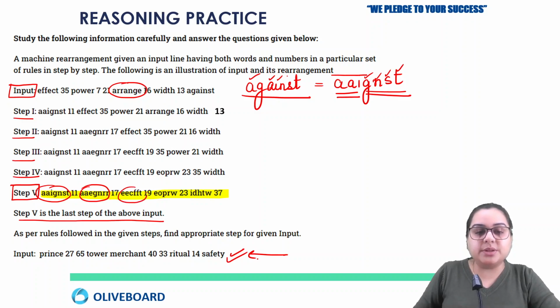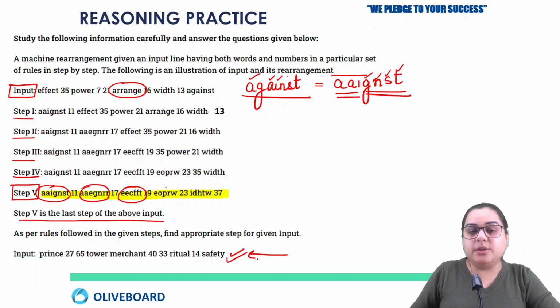Okay, next in this word effect I can see it is double E because these are just two vowels. So these are written in the starting, and then CFFT is the ascending order of all the consonants of the word effect. Okay, next in the word power, what is happening? EO, which is the alphabetical order of the vowels, and then PRW, which is the alphabetical order of the consonants